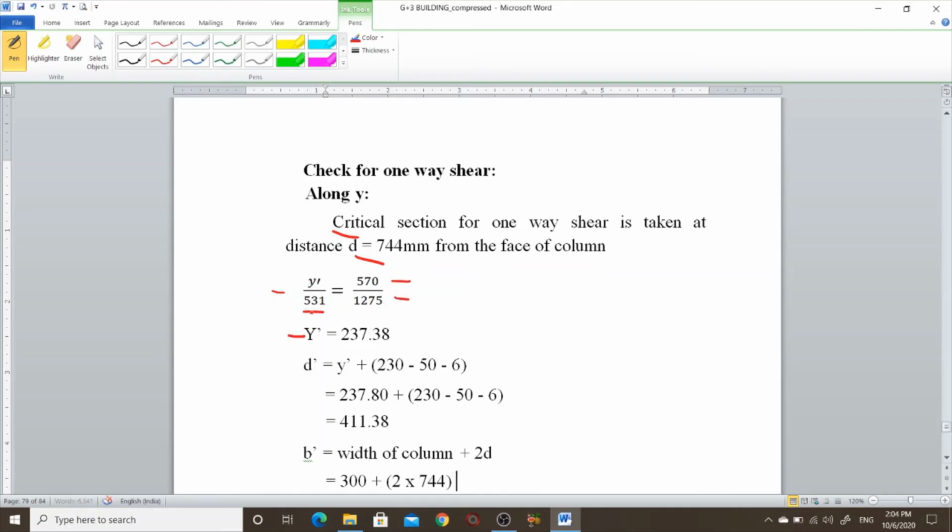So y dash is equal to 237.38. D dash is equal to y dash plus 230 minus 50 minus 6 minus 6, so 237.38 plus 230 minus 50 minus 6. So D dash is 411.38.